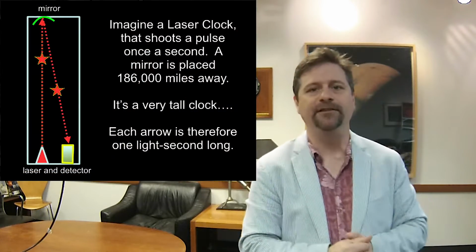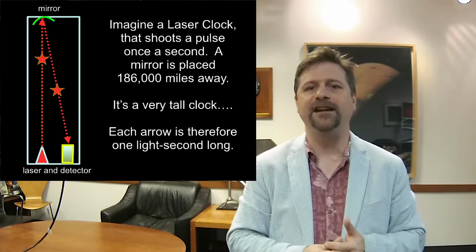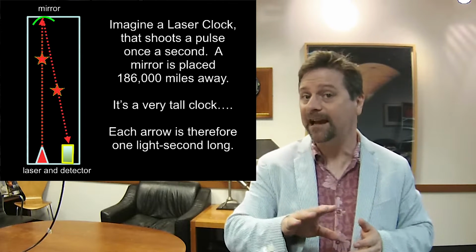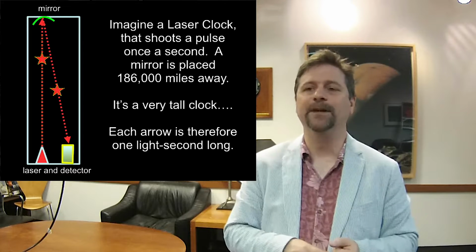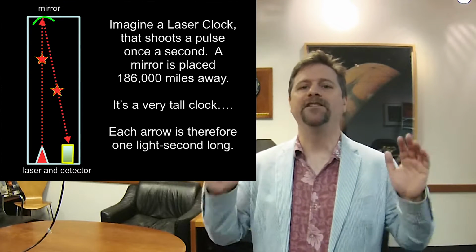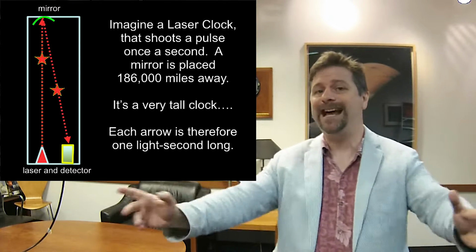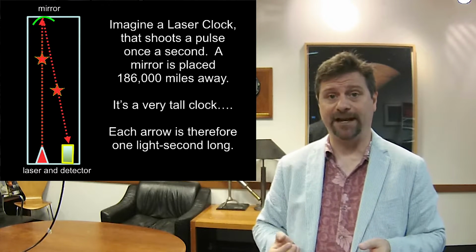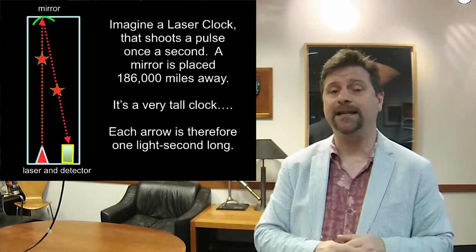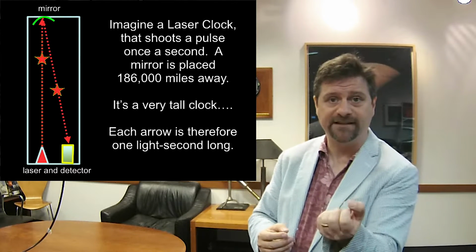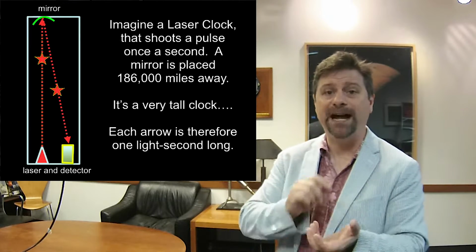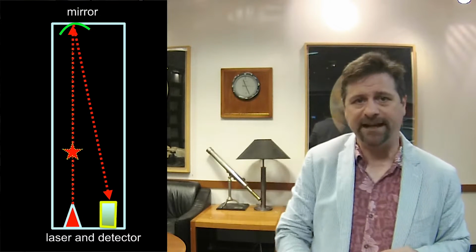Let's make it out to the moon. The moon is about 200,000 miles away, roughly a little bit bigger than 186,000 miles. And you'll see why I'm going to use that in a second. But let's say we've got a really big room. And this really tall room, I don't care about it being big, I care about it being tall. And so inside of this tall inertial reference frame that's moving by at a very fast rate, all I have is something that creates a signal, it makes a flash at the bottom of the clock, and that flash moves straight up the column and reflects off a mirror and comes all the way back down.